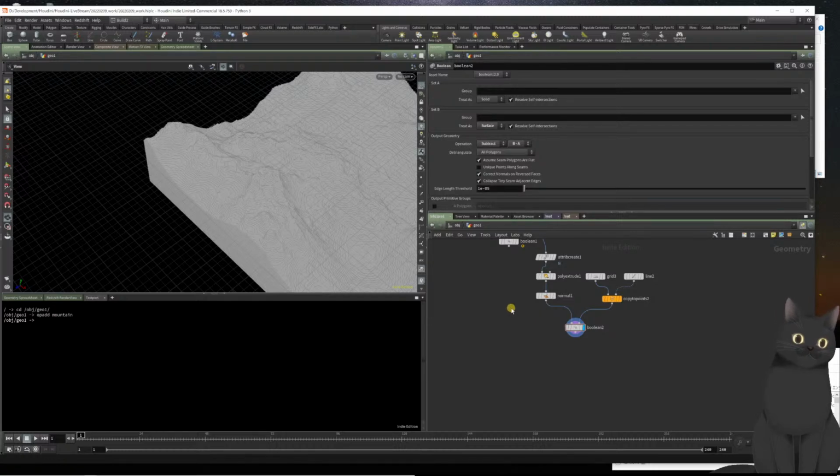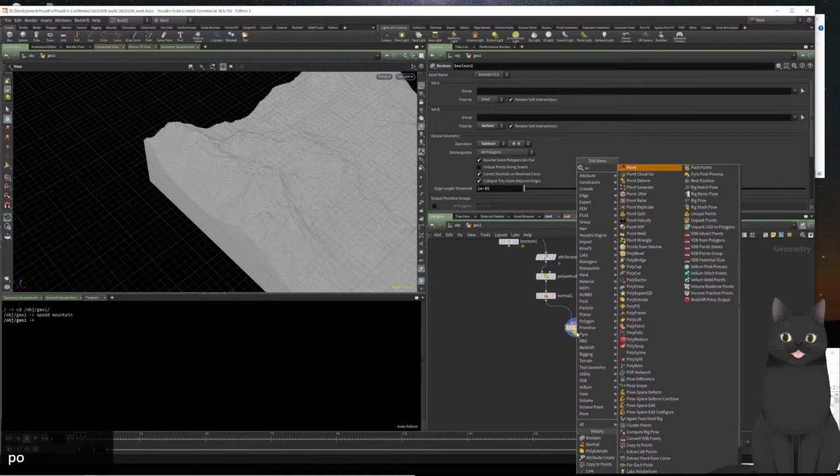They are pointing in the wrong direction. That's fixable. Next, we're going to drop down a poly extrude, append that to our Boolean, and the distance that